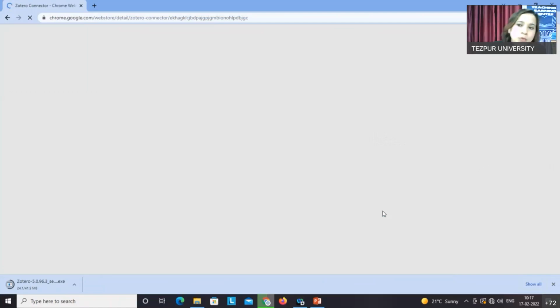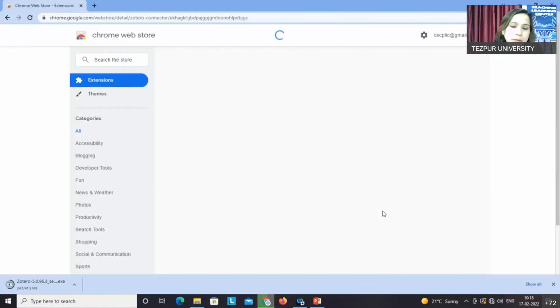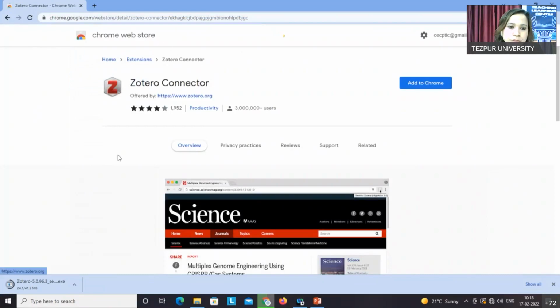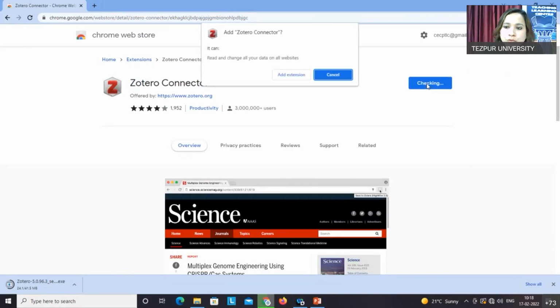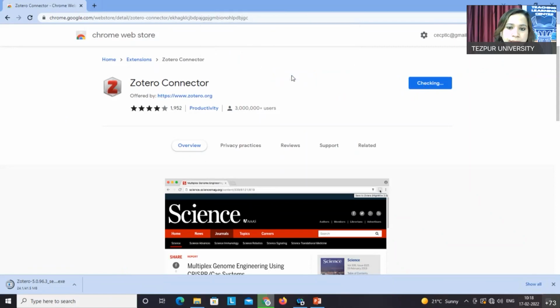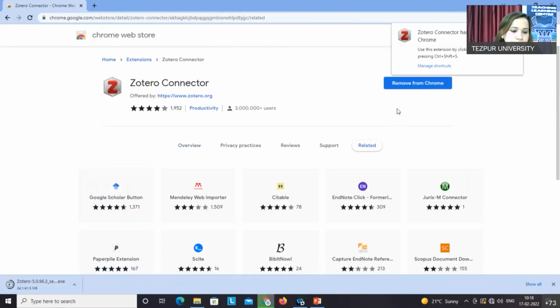We need both the connector as well as the Zotero platform. Okay, so this page will come where you will click in the install Zotero connector and you need to click in add to Chrome. So I'm adding it to Chrome and please click in add extension. After adding that extension, you can see that now I have this icon in my top right